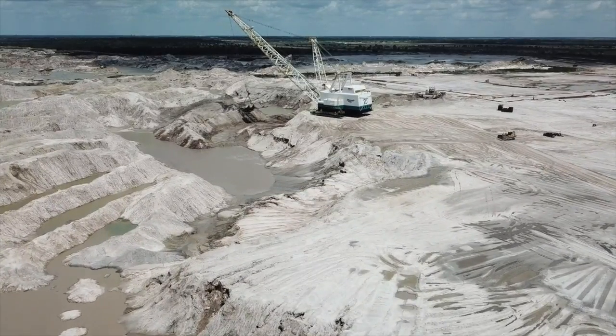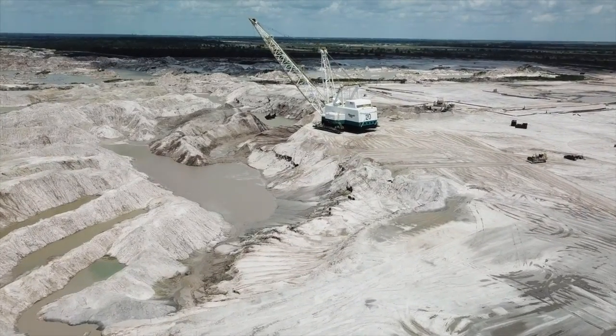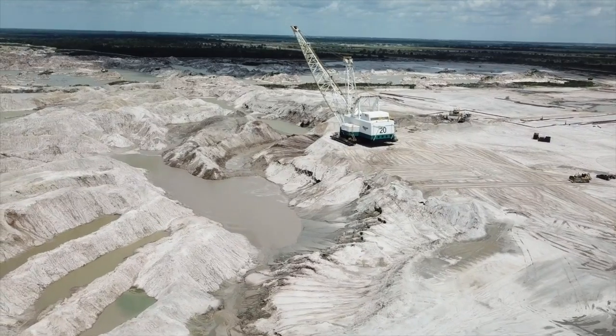Phosphate fertilizer is by far one of the biggest threats to our environment. Not only is it polluting all the lakes and rivers all over this planet, but the EPA has publicly stated that the way they mine and produce the fertilizer is one of the most toxic industries in the United States. Unfortunately, 75% of all the mining in America is done right here in Florida in an area between Orlando and